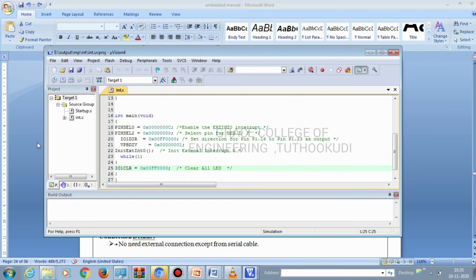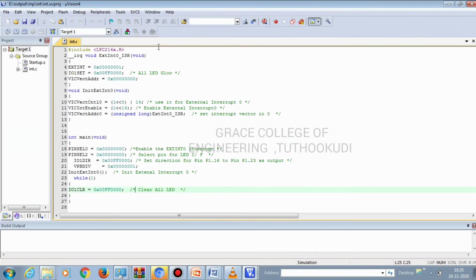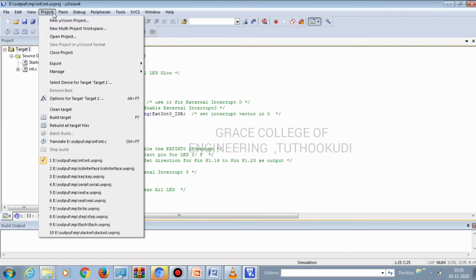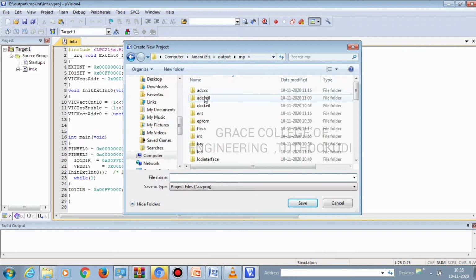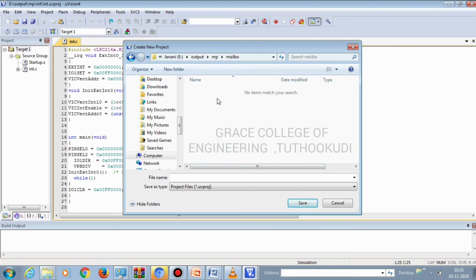For compiling the program, you just expand the window. In Project, click New MicroVision Project. You can create a particular folder, and in that, you can create a new folder with your project name. Here I am giving the project name as mailbox. Now, mailbox is the name I have given, and next I am going to give the file name as mailbox,